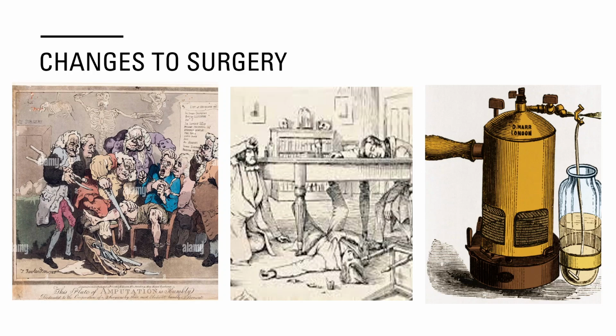That all changes in 1847 when James Simpson, a professor of midwifery at the University of Edinburgh, is experimenting with trying to find a chemical to help women in childbirth, obviously due to the pain. He comes across chloroform, and chloroform was able to knock out people for a long period of time, although they were unsure of dosage to begin with. But it really was the first real effective anesthetic, and it didn't have